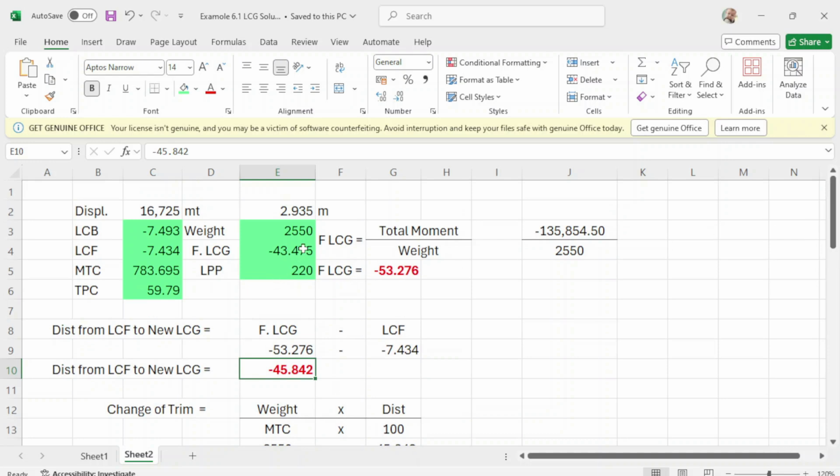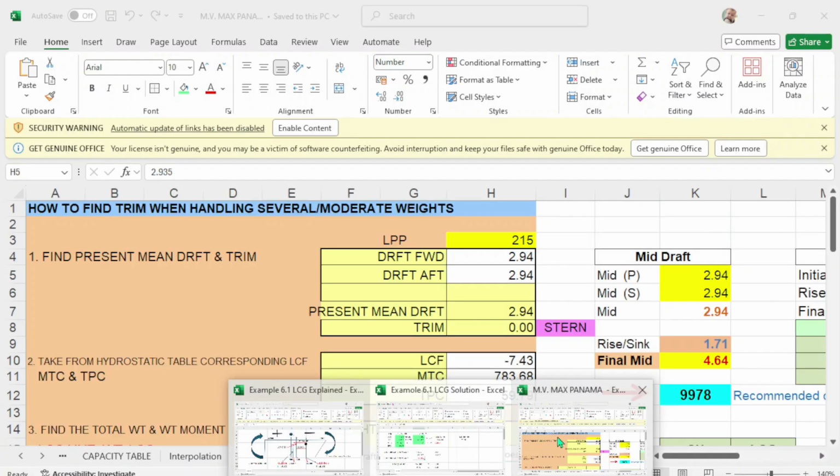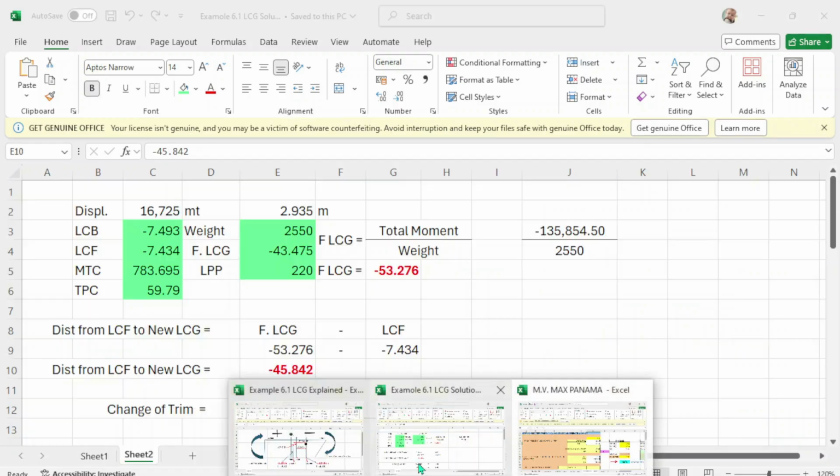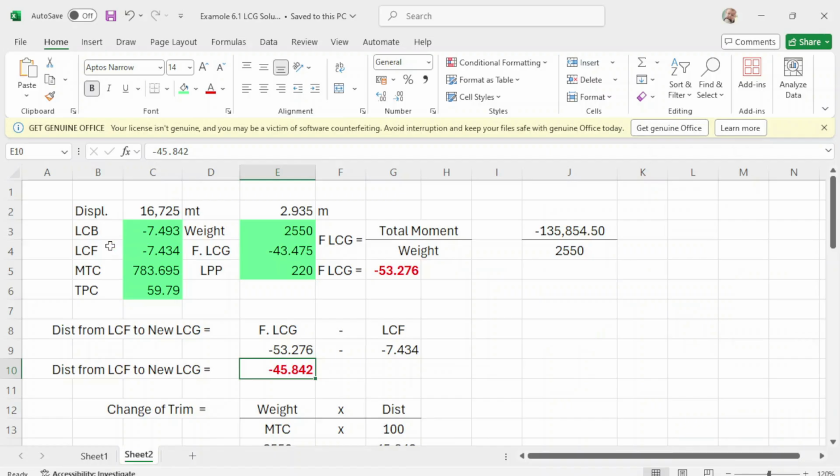You have this draft of 2.935 by your program, even keel. This is your LCG. This will be your LCF, MTC, TPC, which is this one, guys. So your LCF, LCB, MTC, and TPC are all here.